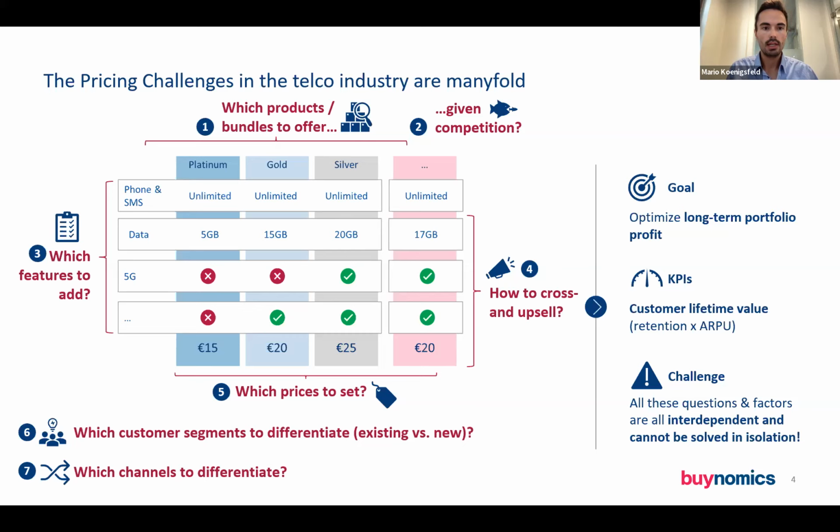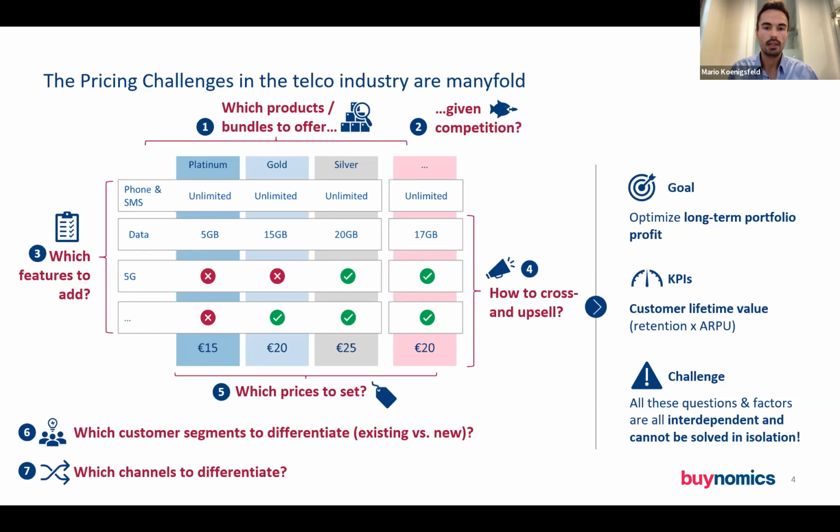So what we typically look at first is basically what kind of products do we actually want to offer. So what do we display to our end customers as a potential portfolio they can choose from, given all our competitors. So what do the competitors offer, and what do they change basically over the past? As we know, the telecommunications industry is a very fast-moving industry in general. So all those competitor changes, all those feature changes that we see across our products and competitors, and also the changes in customer behavior highly influence those assortment questions.